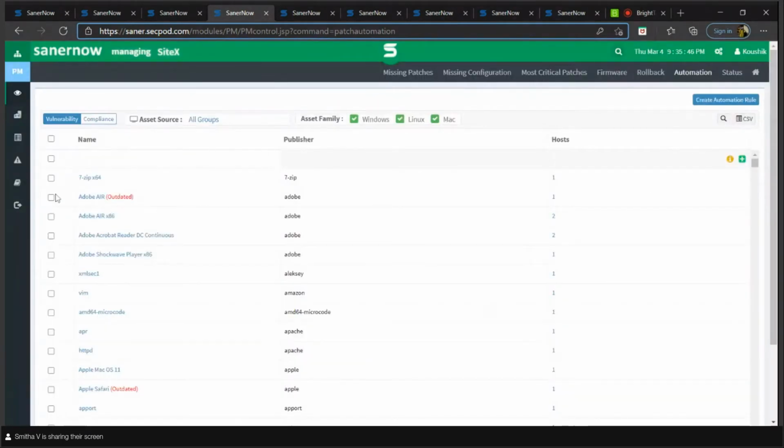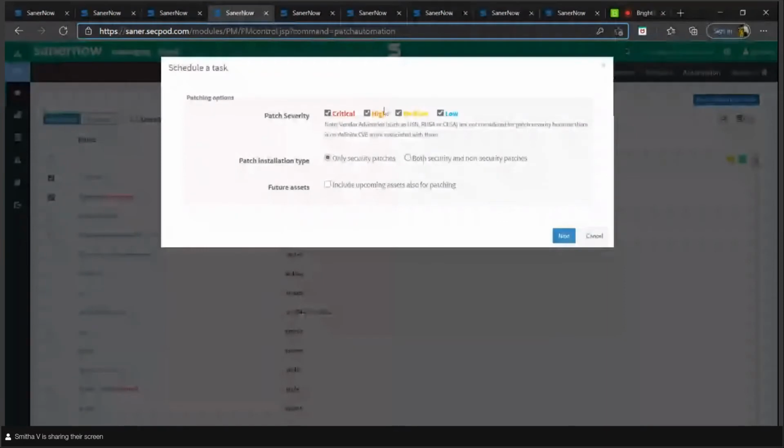So the user can just select this asset and click on create automation rule, where some patching options will be asked for the user's input, like the patching installation type, whether the user wants to remediate only security patches or both security and non-security patches. The user can select both. And if the user wants to include upcoming assets for patching, that also can be customized.